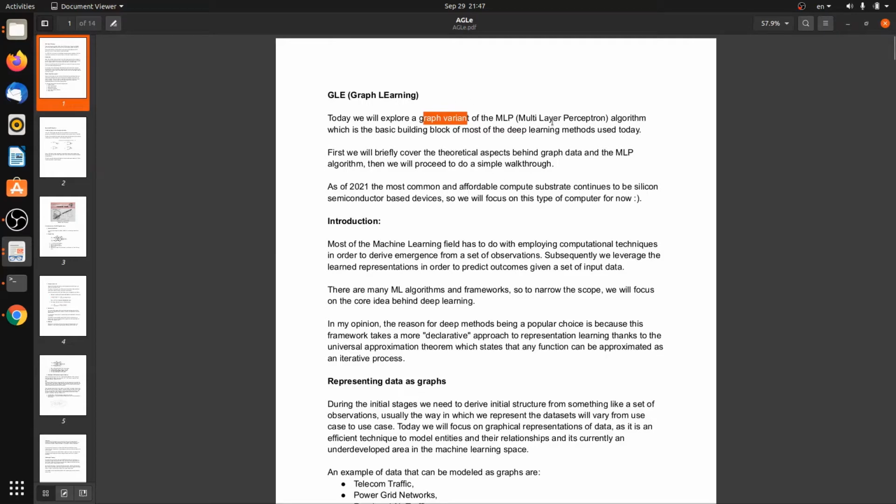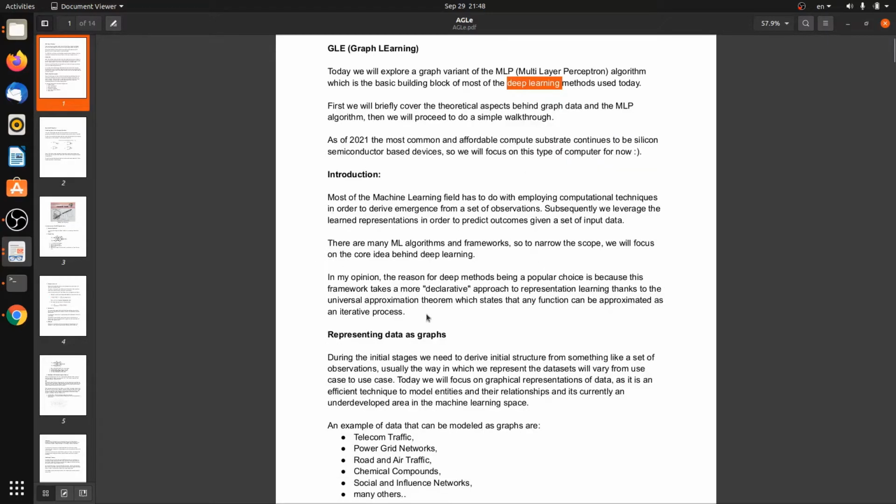The reason that we chose the multi-layer perceptron is because it's at the core of all of deep learning, or most of deep learning. And as we know, today, in 2021, deep learning is the de facto, the most common approach to learning algorithms. And I think it has to do a lot with